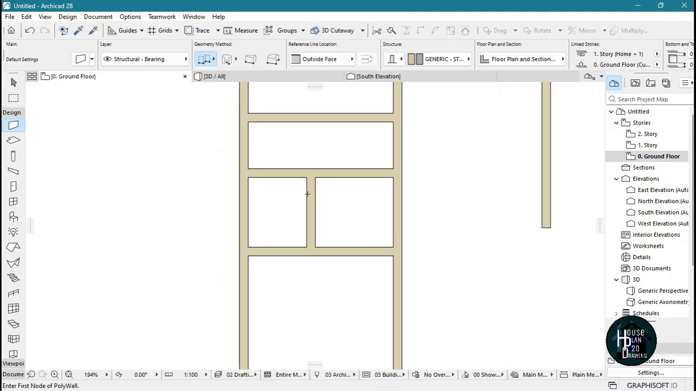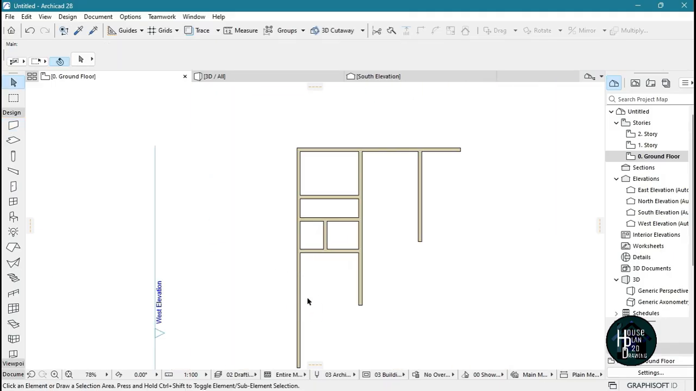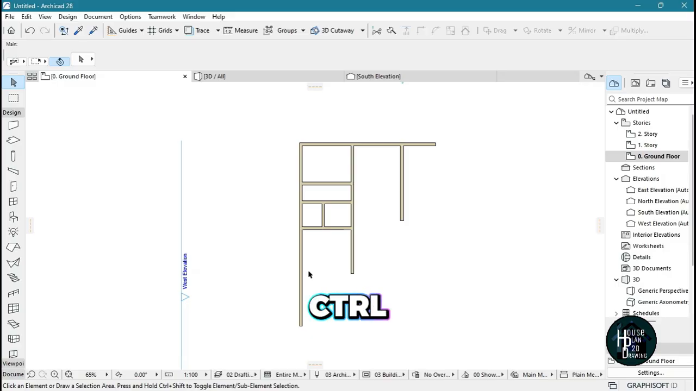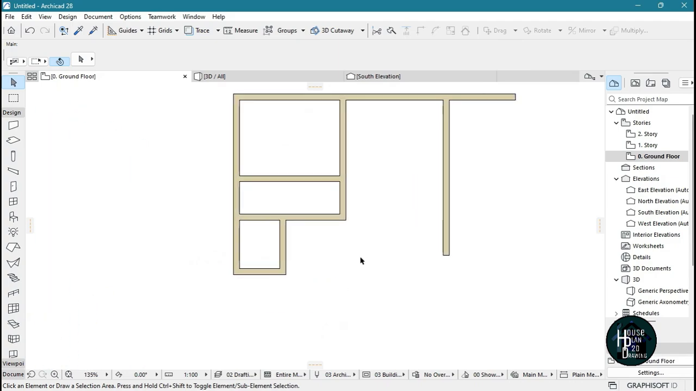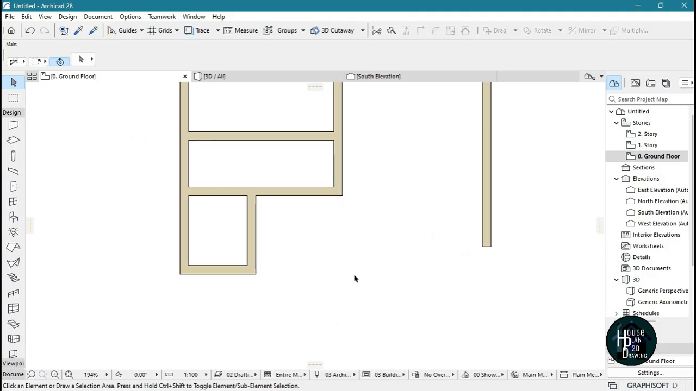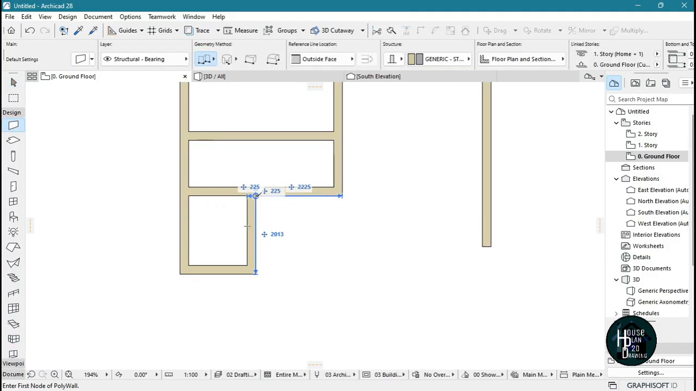We can double click the side. To cut away this wall, hold down Control on our keyboard and cut out the side. Once you've cut out this wall, hold down Control again, cut out the side, cut out the side, cut out the side. Once you've done that, hold down Alt, select this wall, put the cursor here, allow it to load up, and let's give a distance of